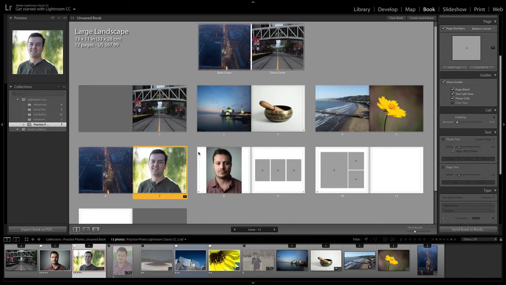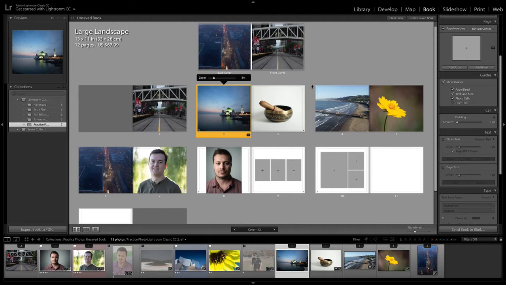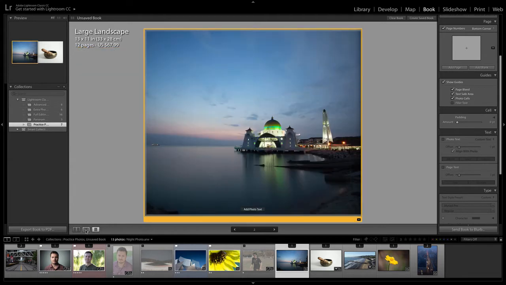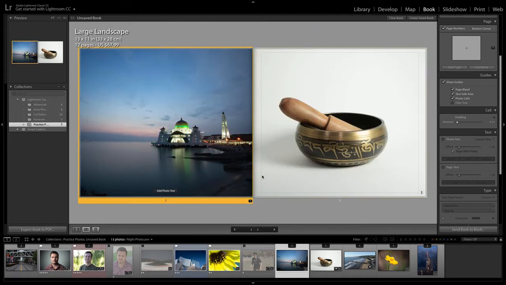So this is going to give you a guide for printing. So it might be easier to view full screen one of these pages. So if I click this button right here to view the 2 pages or just this one to view 1 page, you can see these guides. So this page bleed option, this is somewhere to be careful about because sometimes this can get cut off. You have your text safe area, which is this box right here, which is a good place to place text within it. You don't want to have text out on the outside of that.